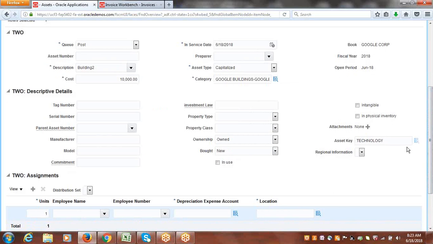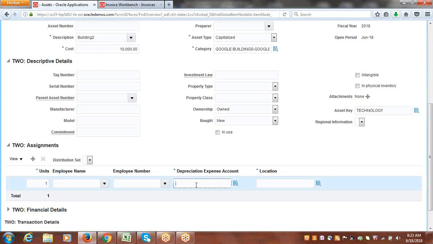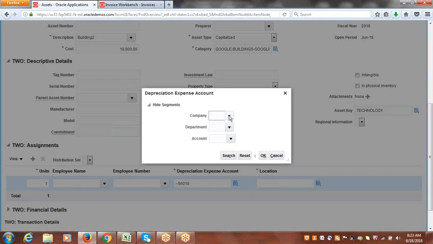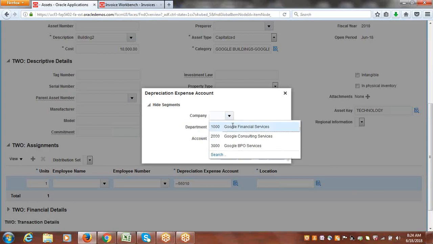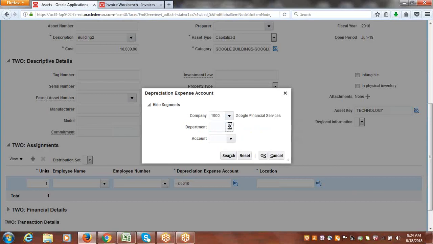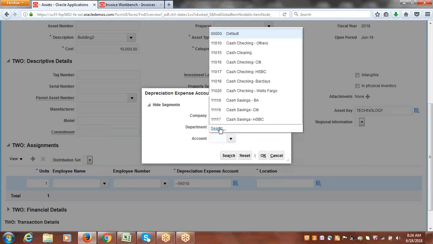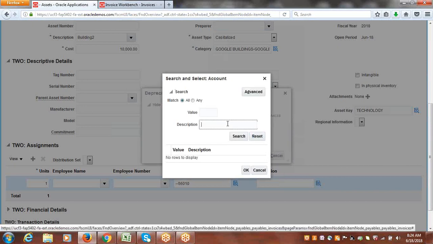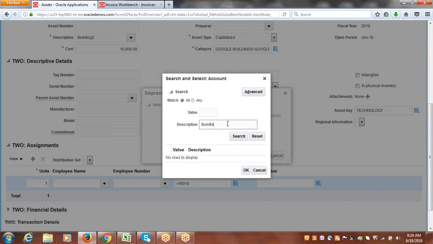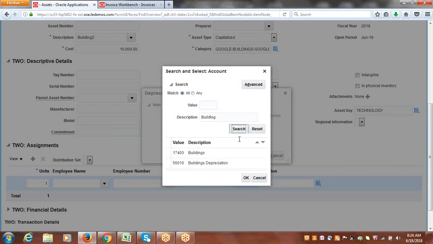That's the billing, and again this is the technology. Just to fill, just I'm selecting it. So depreciation expense account. Provide depreciation expense account. So billing depreciation account. So select billing depreciation account